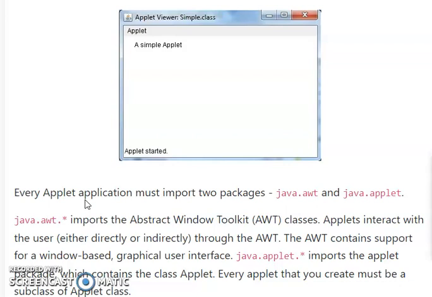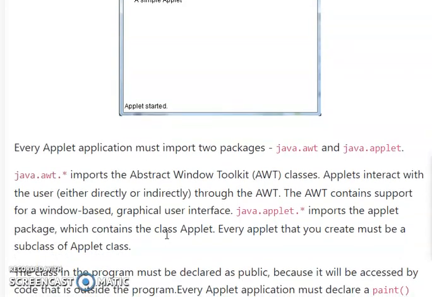The AWT contains support for window-based graphical user interface. And then java.applet.* imports the applet package which contains the class Applet. Every applet that you create must be a subclass of the Applet class. This is also one of the important things you have to keep in your mind.